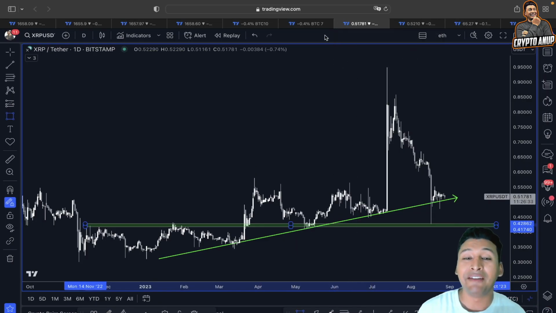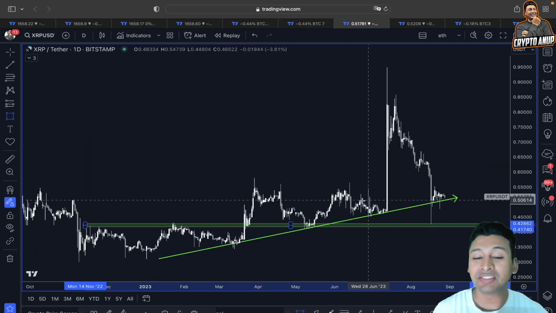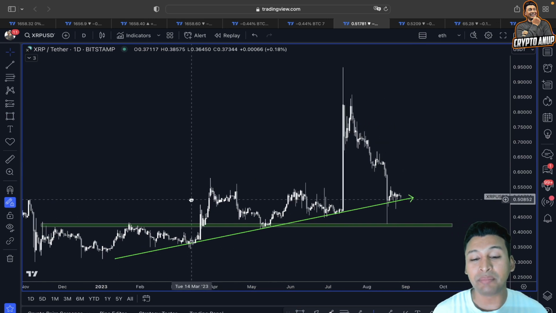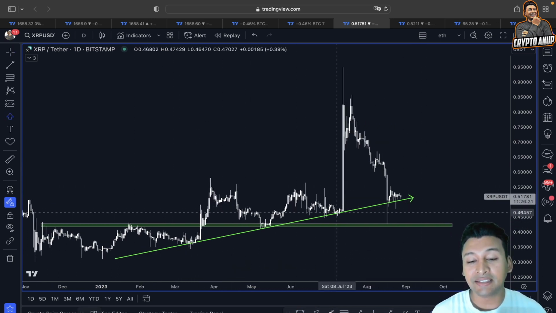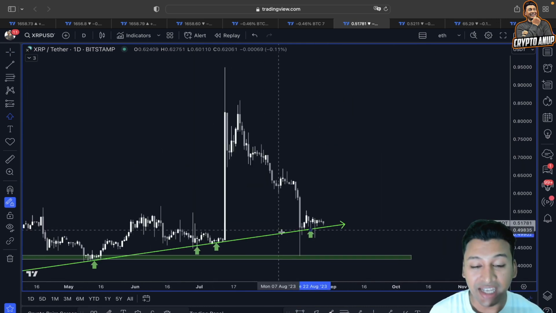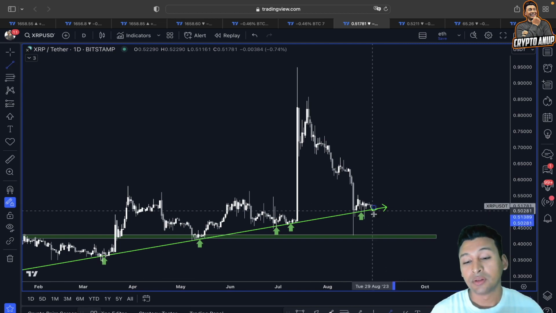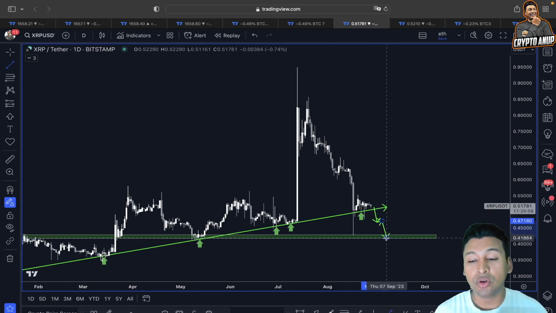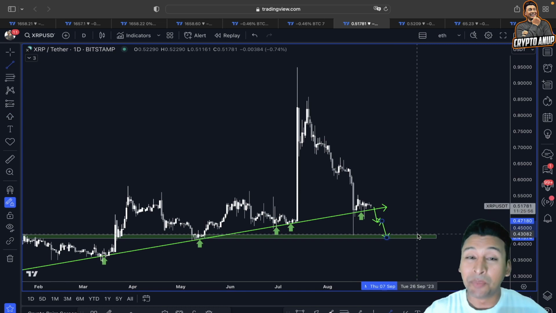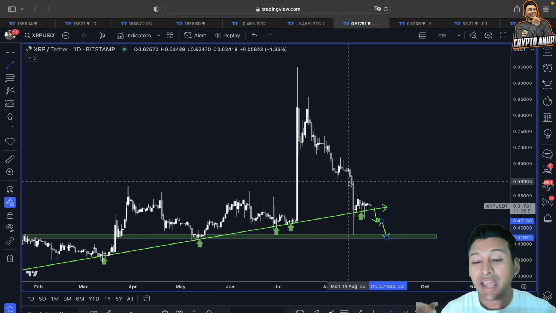So this is what I see looking at the price action of XRP in a weekly time frame. But if we look at this scenario in a daily time frame, nothing much has changed. I mean, the price of XRP is still following this rising trend line, this green line, which previously acted as a strong line of support. This is exactly where the price found support. So in the medium short term, if we lose the support which we have above 50 cents, then this horizontal trend line is the line where we could be getting attracted, and again between 40 cents to 45 cents will be looked at as our upcoming price target for XRP.